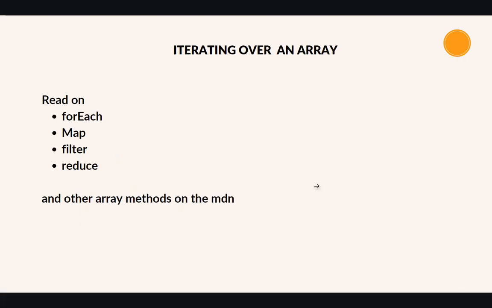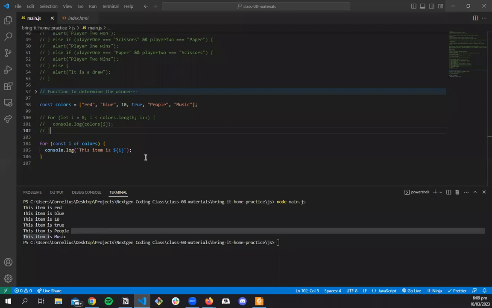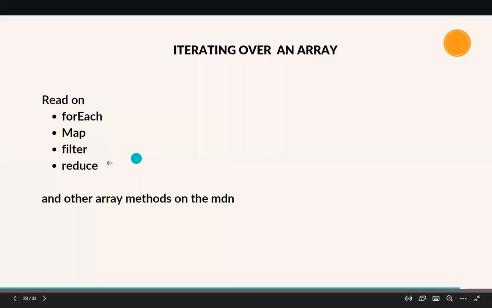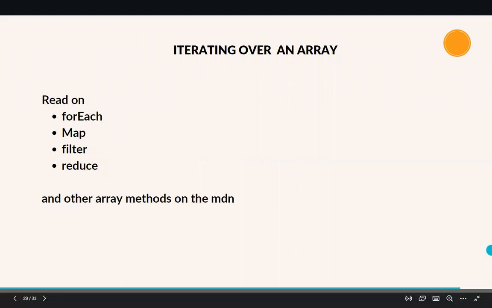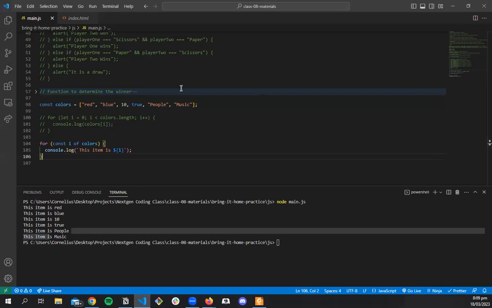Okay. Now there are other ways of iterating over things. That's what we call the forEach. It's another loop, but they are higher order functions. It's just another way you can do it, but not to confuse you too much, I put it here if you want to go over and look at it. For example, the reduce is more apt if you're trying to do mathematical things. So for example, if this thing was numbers,